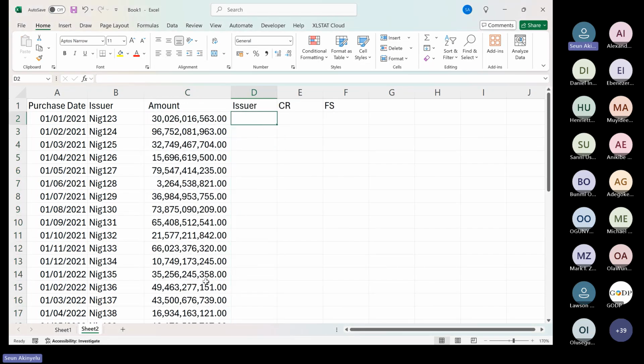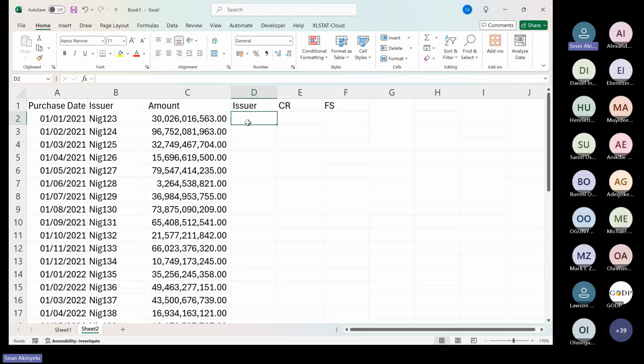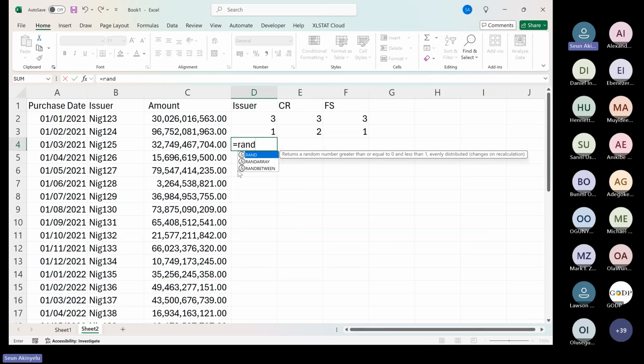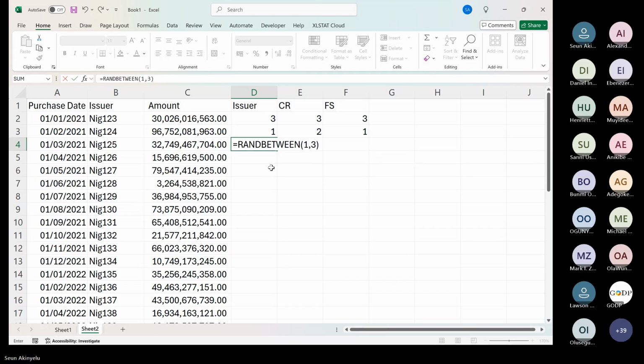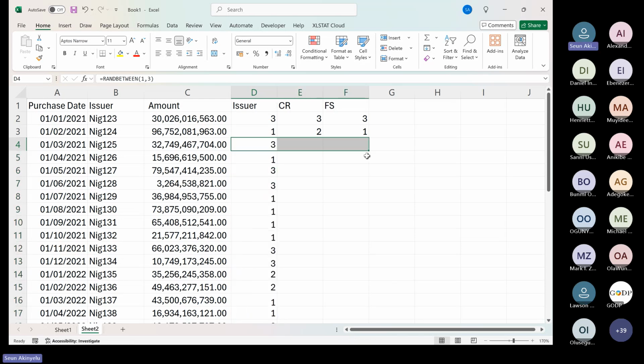So remember these ones, I ranked them between 1 and 3 for each of them, 3 being the best. So I'm going to hypothetically say this particular bond, for example, is the federal government bond. Credit rating is 3 and everything is okay. However, this second one is a state government bond. Do you understand what I'm doing? I'm just trying to have different ones, so I'm going to do a random between 1 and 3 so that I don't need to do it one by one.